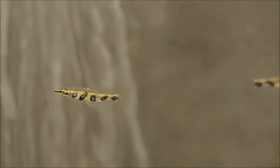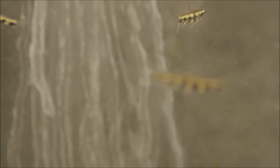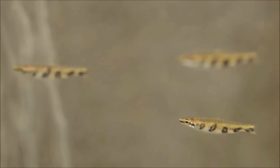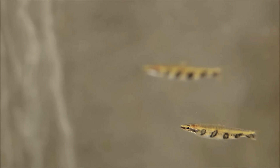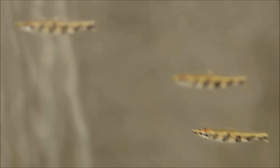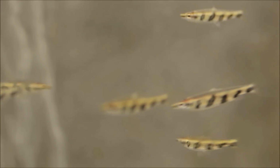Now, if you guys remember, with a lot of the pencils at night they get a nocturnal coloration, meaning they get that barred appearance, vertical bars, which is a dramatic change from their daytime appearance. This fish is unique, and it's the only one that has that appearance, those vertical bars, all the time. And these guys get their name, the four-barred pencil or barred pencil, because of that. And you can see that readily